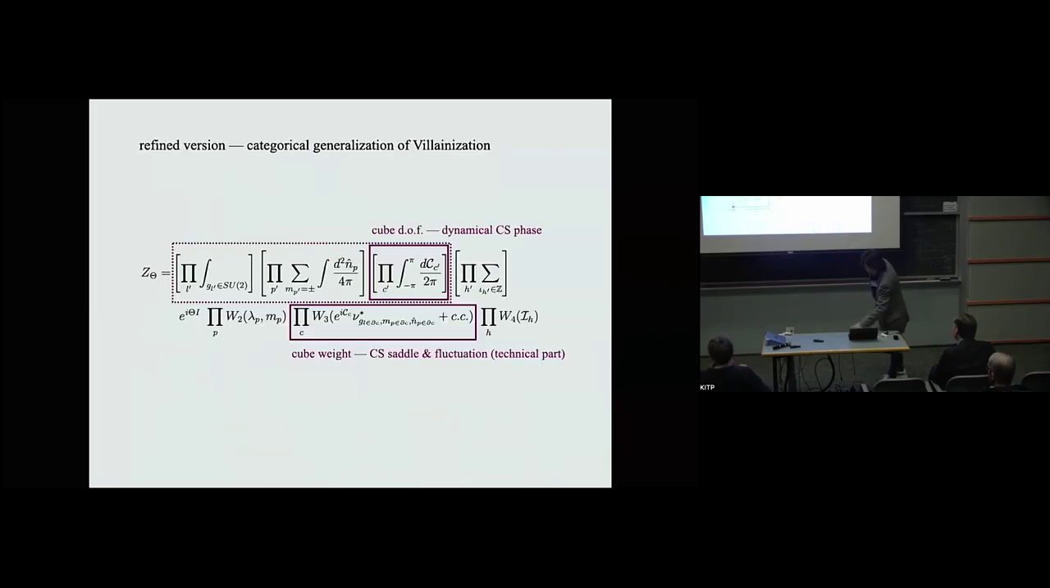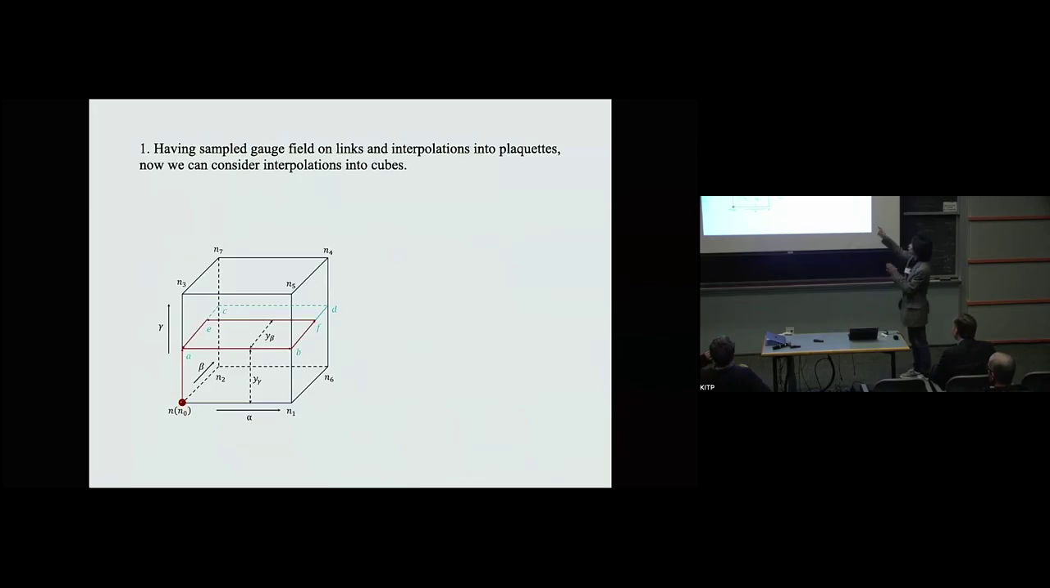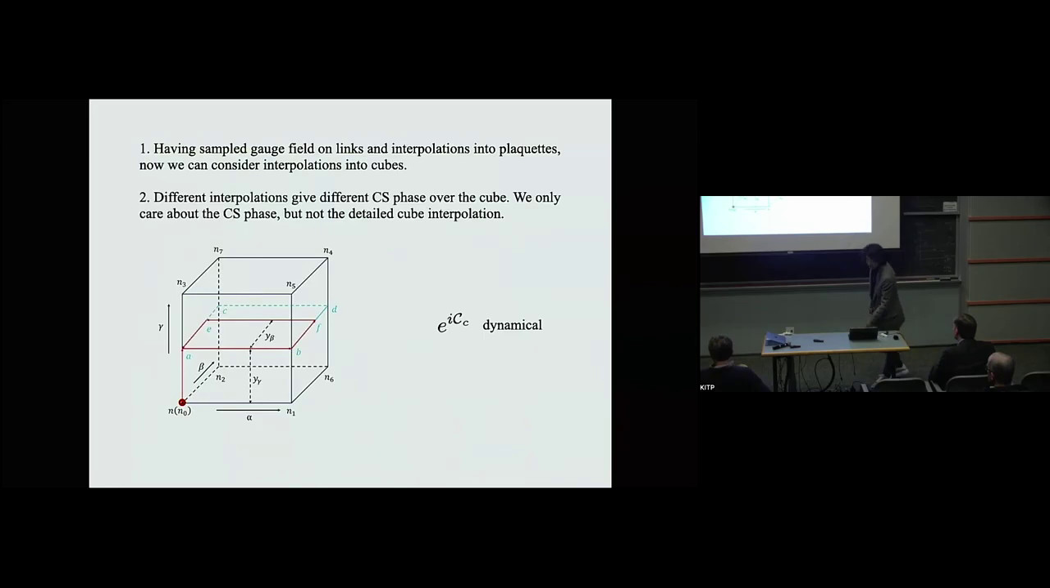And then on the cube, I don't have much time, but let's just go over quickly. Now that we have sampled the gauge field on the links and we sample the possibilities of interpolating in the plaquette, we want to consider interpolation into cubes. And different interpolations into the cubes will give different Chern-Simons spaces, right? But now we're going to ignore the details of the interpolation, only focus on the Chern-Simons space. That's why we have a dynamical degree of freedom,